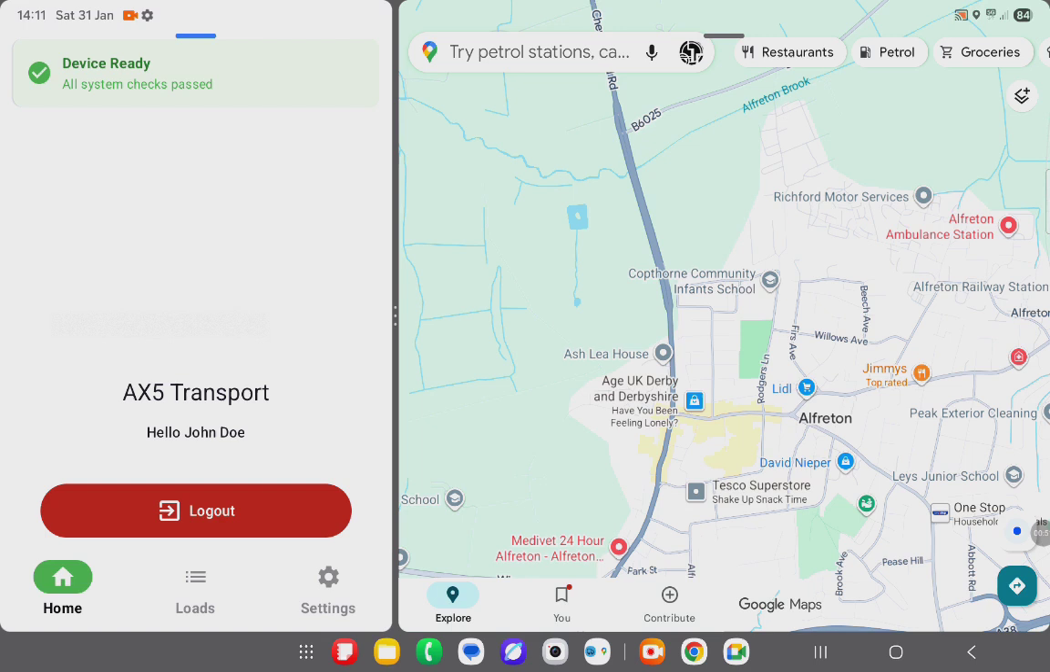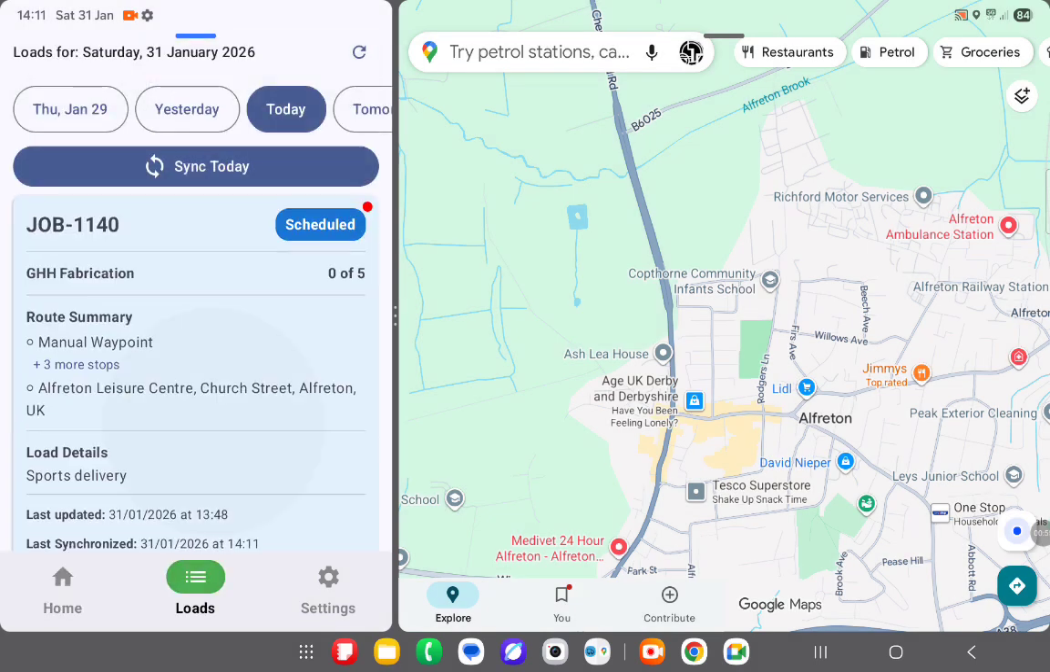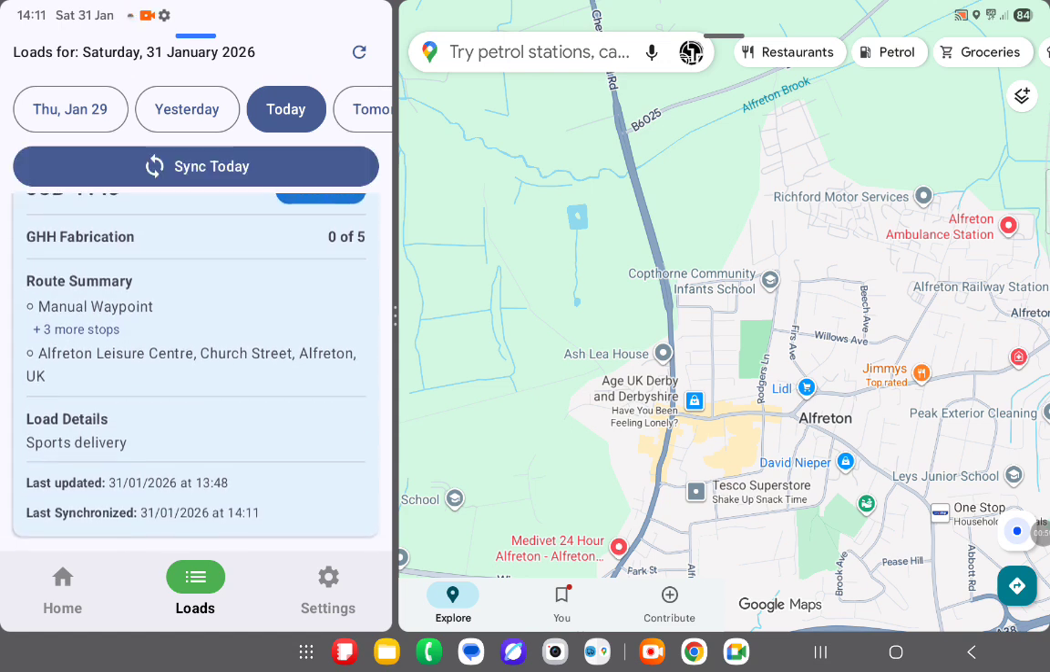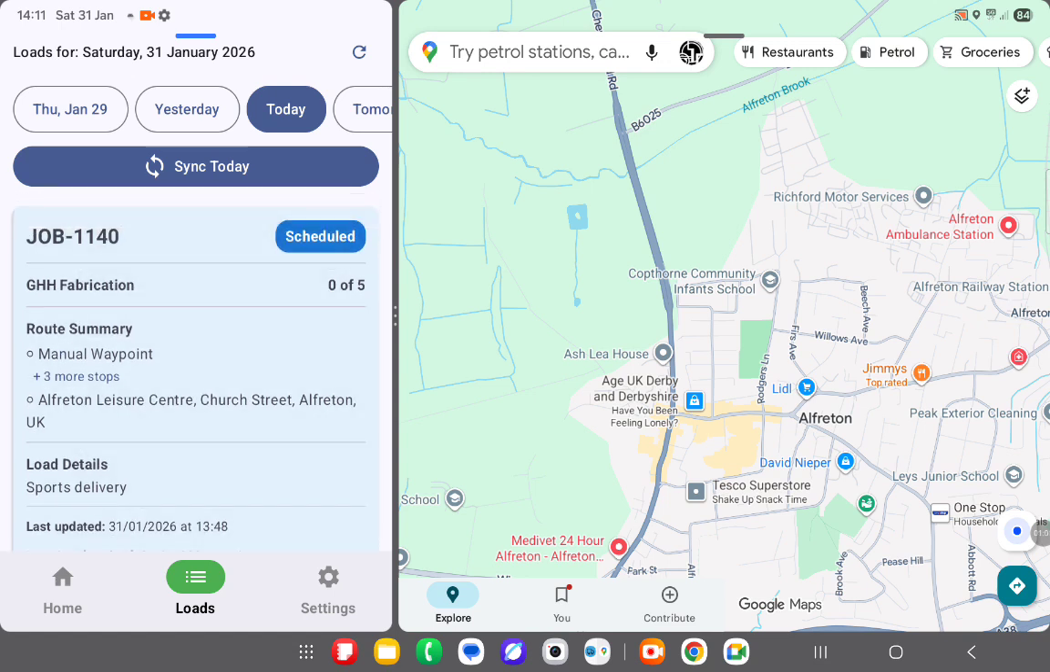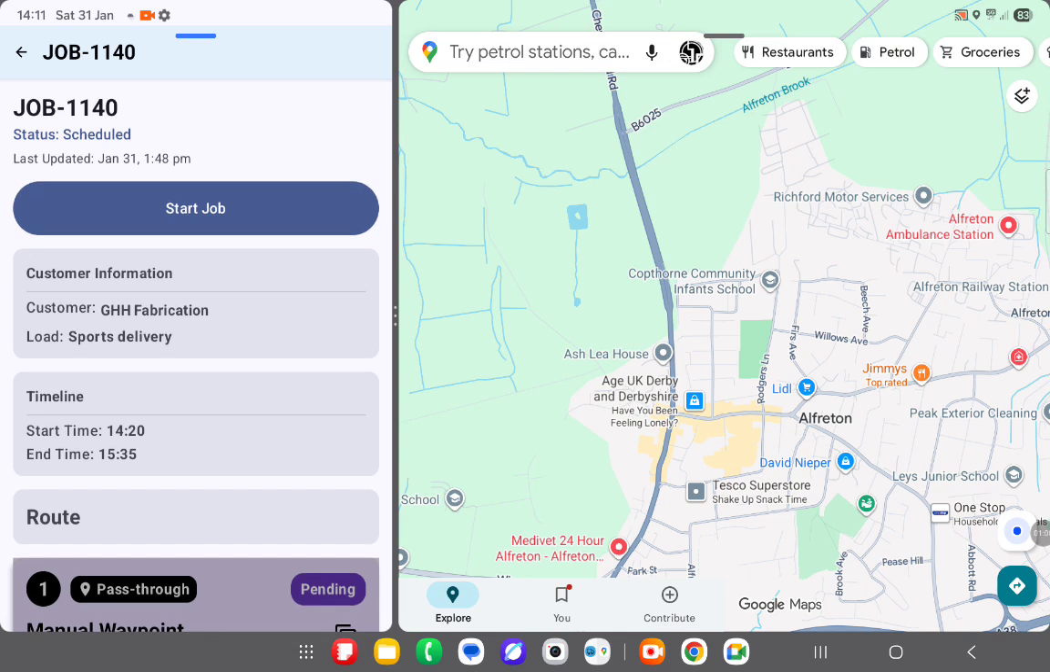We go to the load screen, and we've got a load from yesterday, so let's just do a sync and see what we've got. Okay, so here we are. This is actually the job I wanted. So we'll click on that. We'll click start the job, and